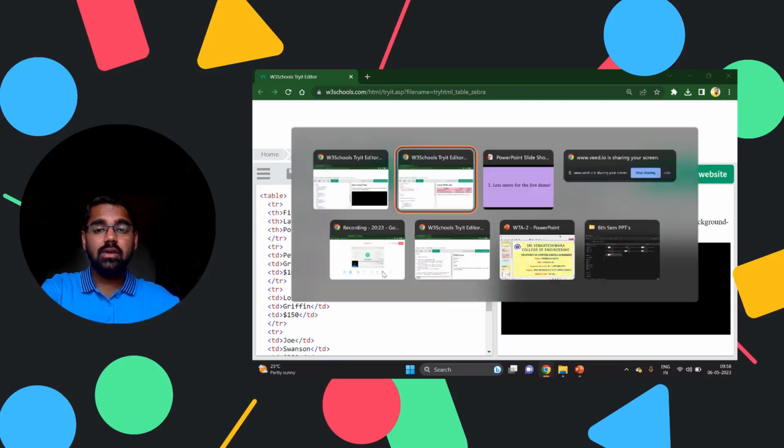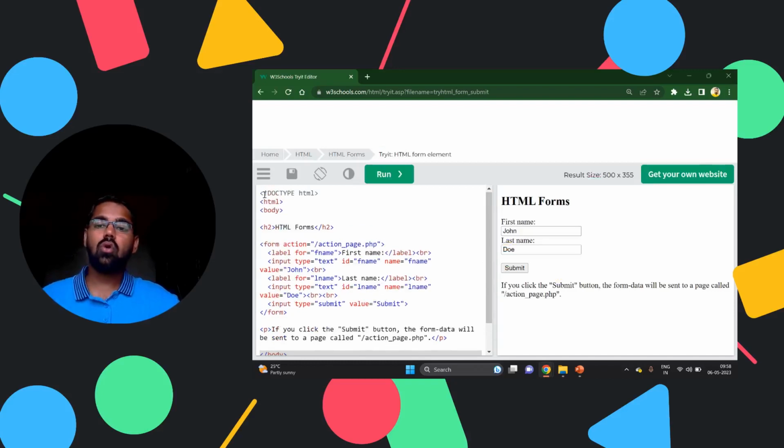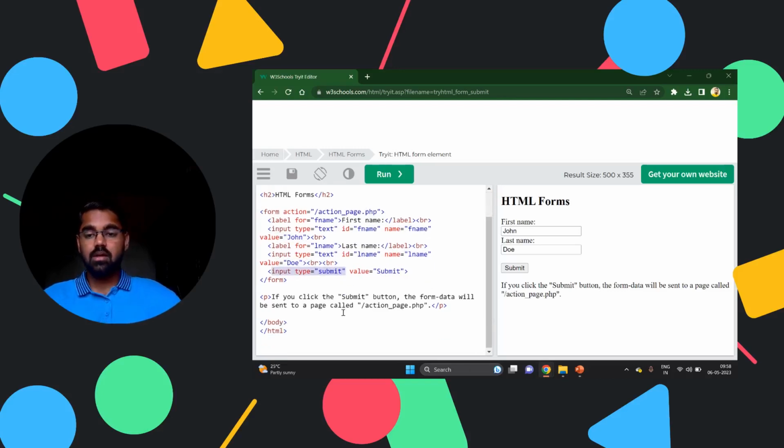The next code we are going to see is for the forms. So this is the code for the forms. The same thing I have explained. According to this example, they have written the action page. For the first name they have mentioned, ID they have given as fname, and name also is fname. The value is John. Similarly, for the last name, ID is lname, name is lname, the value is Doe, and the input type is submit, value is also Submit. So here you can see the form, right? Once you click the submit,